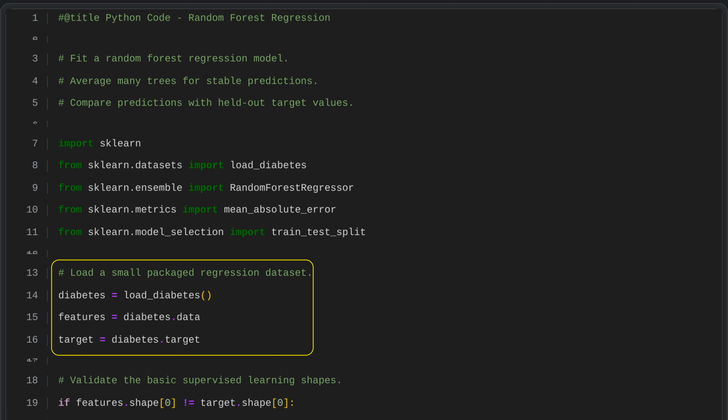We load the diabetes dataset from Scikit-Learn as a small example for regression. It separates the data into features, which are the input predictors, and a target, which is the outcome to predict. This structure supports supervised learning, where a model learns to predict the target